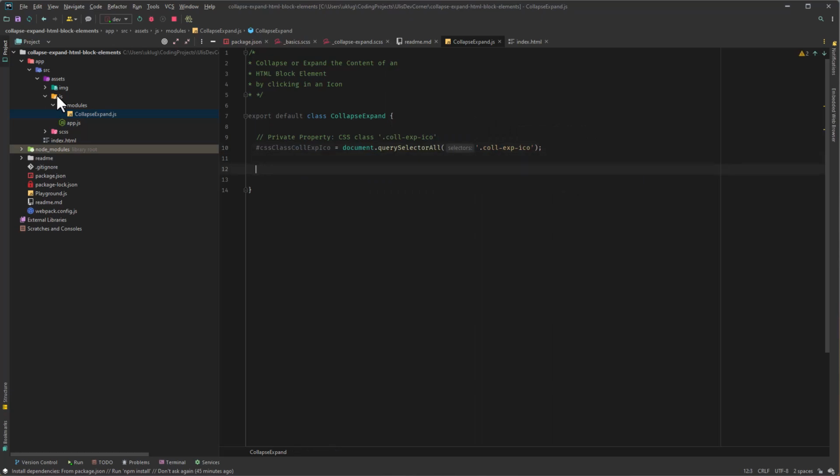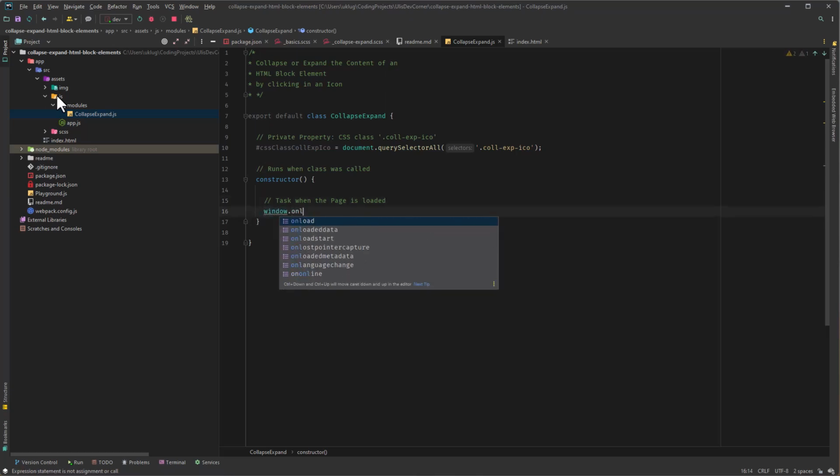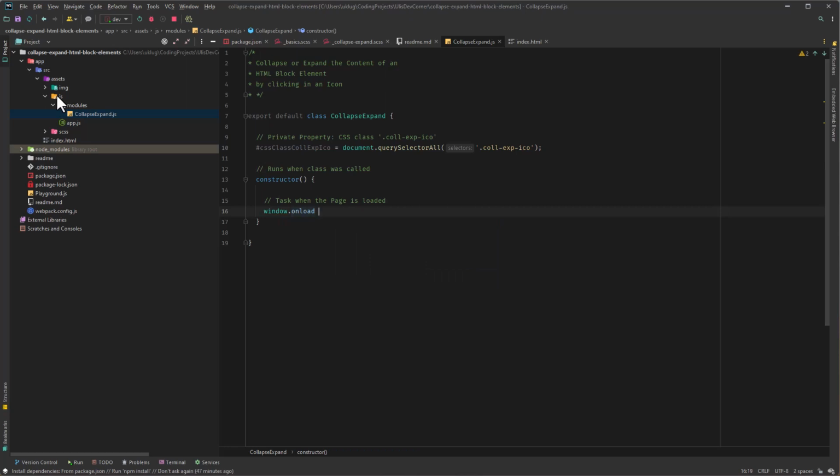Now we have to add a constructor, and a constructor runs when the class is called. So here we add the comment "run when class was called", and here we add the constructor. First we have to add an onload, basically when I want to do something when the page is completely loaded, and we do that with a task when the page is loaded. And here we use the onload handler from the window object. So window.onload, and we add an arrow function with equal, braces and then an equal and angle bracket